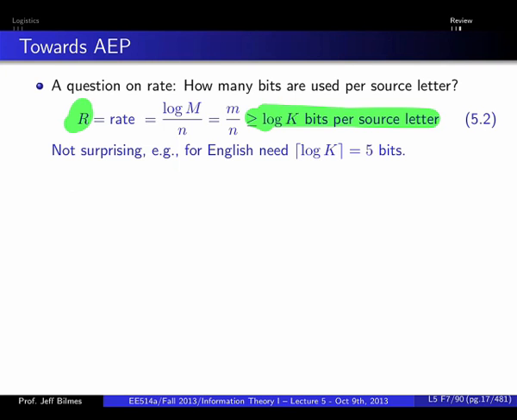And that's really important, and I think that's just that simple idea of how the word rate, and why it's a rate, is important. So for English, we need, well, I should say naively, under this scenario, log k, which is 5 bits per source letter. Yeah? But this doesn't coincide with the definition for channel code rate. We're going to use rate in a different way for channel coding. Right now we're talking about source coding.